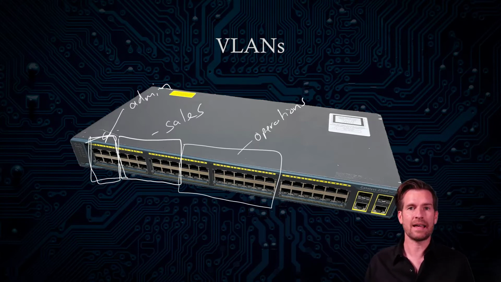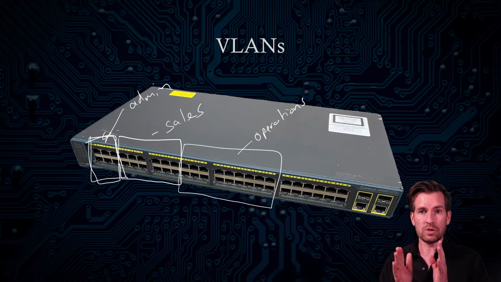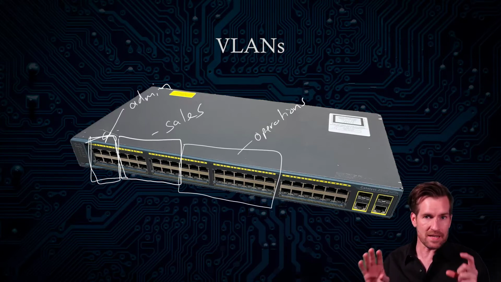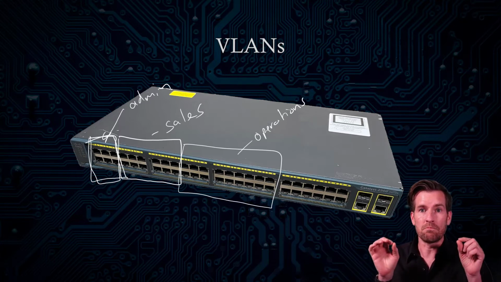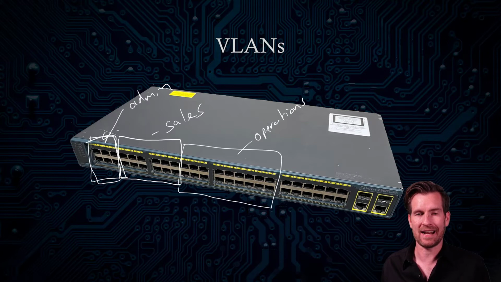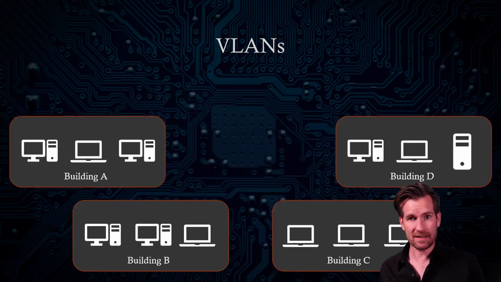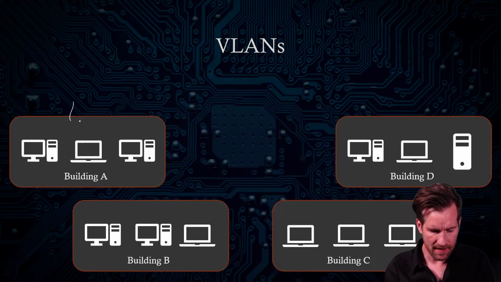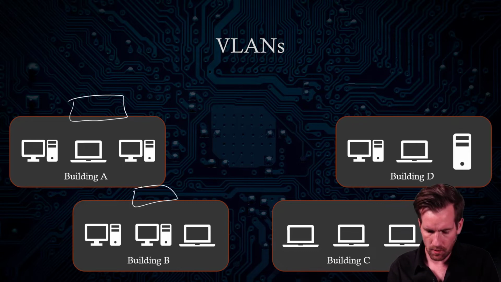But this is how I can create virtual local area networks on this switch. I have one piece of hardware, but I can create multiple networks on this piece of hardware and separate it out. So what that looks like in practice now is I could have a switch at each one of these